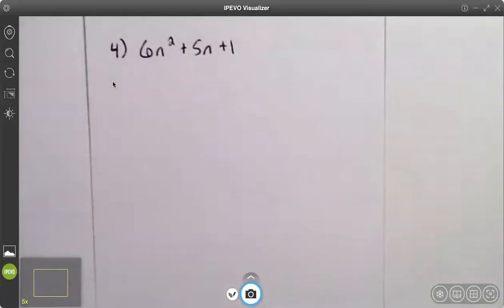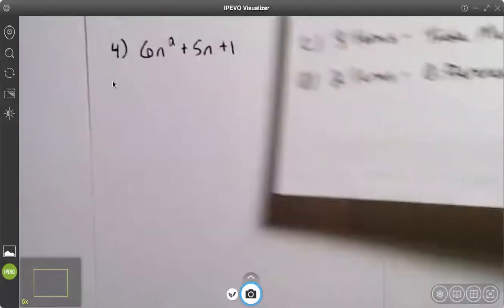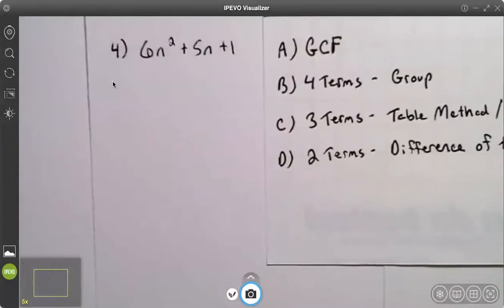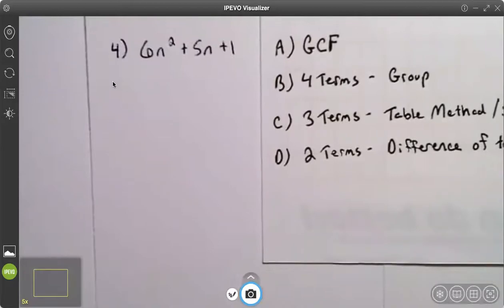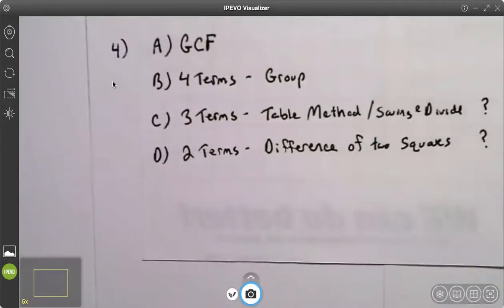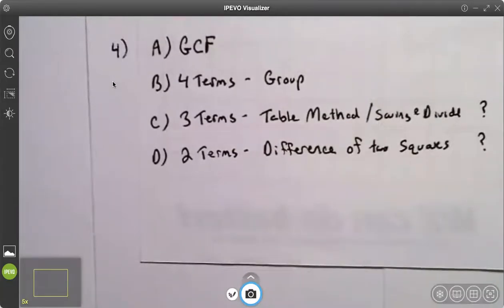Number 4, another trinomial. Let's look at our table here. There is no greatest common factor. There's not 4 terms, but there is 3 terms. The table method won't work. That only works when you have a leading coefficient of 1. So we need to swing and divide. When we have a leading coefficient other than 1, we're going to swing and divide,